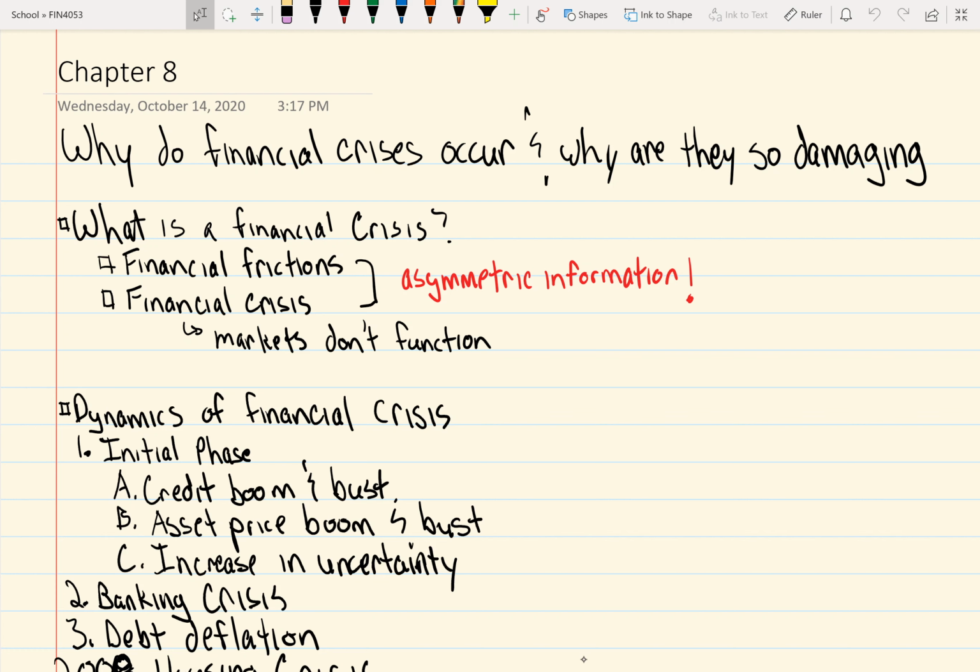So Chapter 8 is: why do financial crises occur and why are they so damaging to the economy? Another fairly short chapter where really there's no quantitative problems. There are terms in here that are in the slides that you should know. I'm not going to just read those verbatim to you. I don't think that's very useful. So I'll just quickly go over